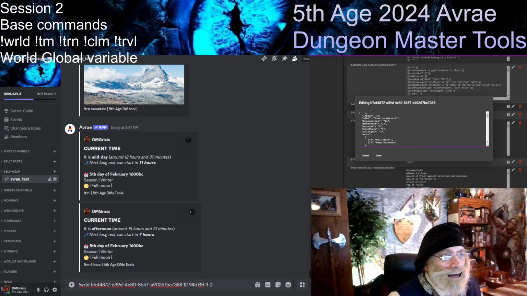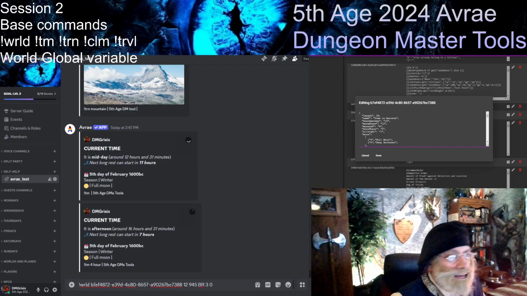So that would be the command here, but before I run that, I'm going to go over the variable here and show you a bit of information about how this world setting works. So you create a global variable, you get your ID for the world, and then you put a bunch of information under this format. So the length is the length of day for a year. That means the year will move forward 1 year every 39 days.